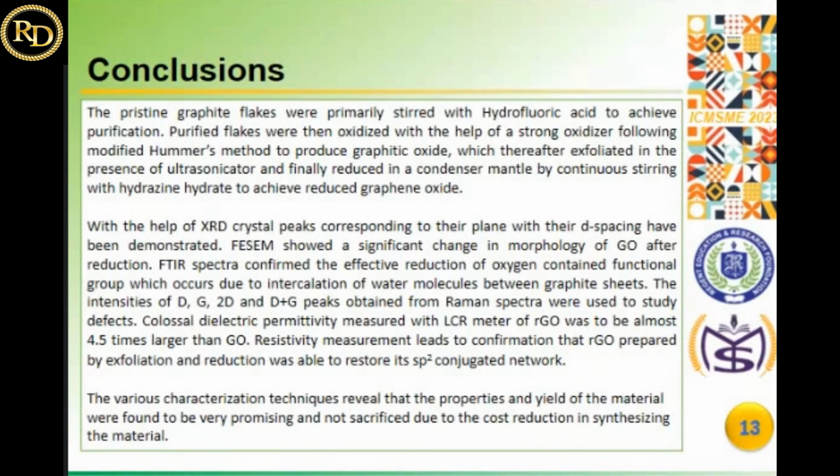So this is the conclusion. We have completed the whole process in a lab, and whatever we have done has been summarized in the conclusion. I'm not elaborating this part, but another thing I must tell is that the graphene, graphitic oxide or graphene oxide, whatever we can get by this method, can be utilized in the electronics industry, in energy, space and thermal industries, as well as in bioengineering and biomedical industries, because we are switching more towards